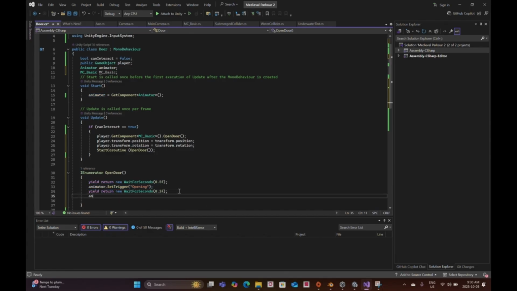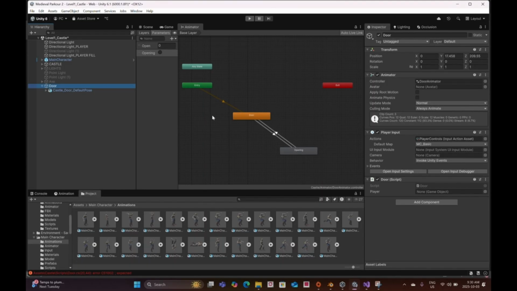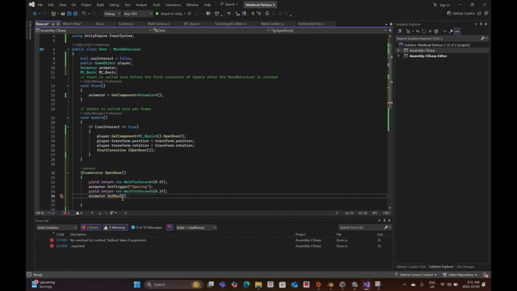Then we'll go animator dot set bool, set float 1. Okay, and I'm going to compile it and